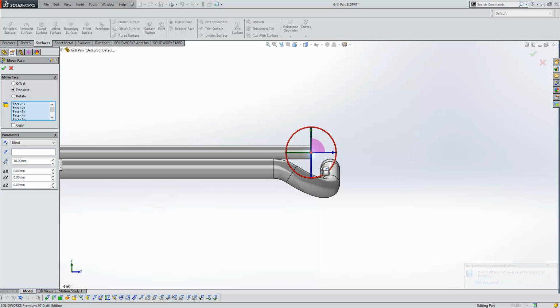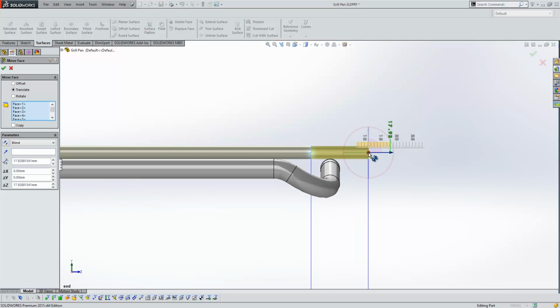The next improvement we'll see is the ability to drag a triad directly on screen to adjust the length of the move face tool. So we can drop that down and key in a value directly on screen and right click to enter. But before we do that, I'm just going to show some of the planes here within the system,